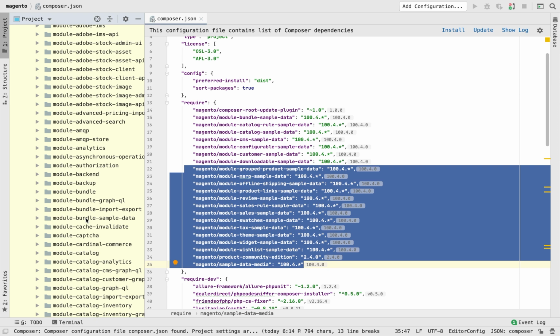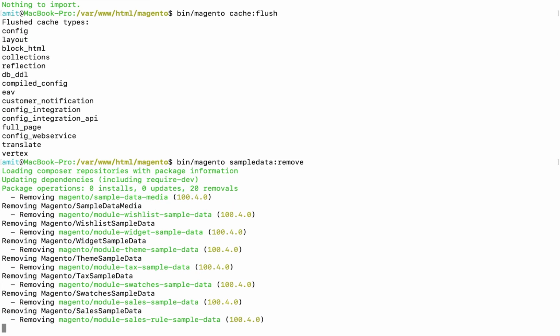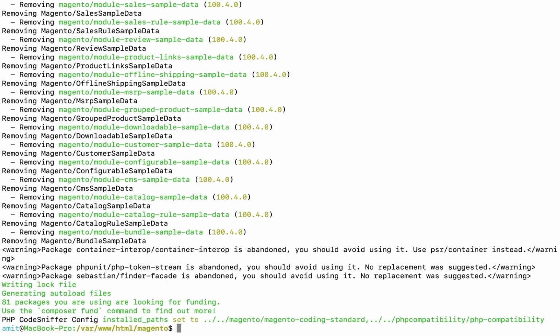Now let's see how to remove these modules. To remove these modules, we have to use command sample:data:remove. You can see these modules are removed now.